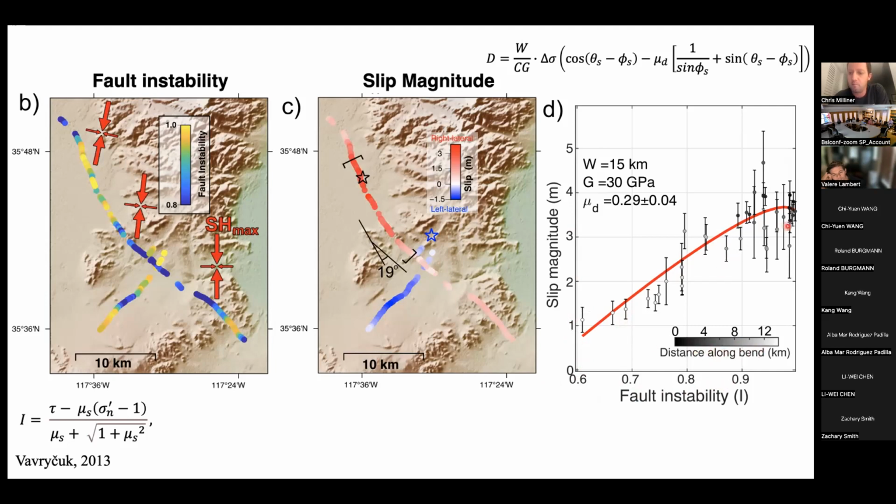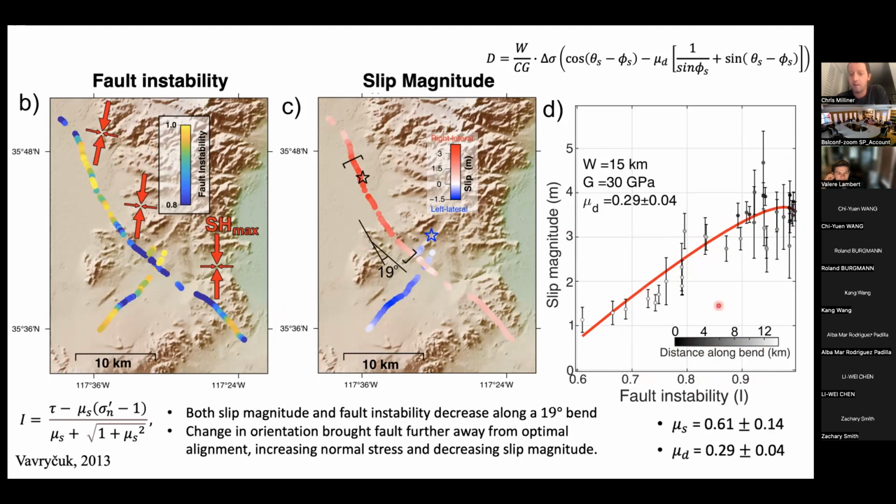So 0 is a point along the northern part of the bend, and as you go along this bend, the colors change, the slip magnitude decreases, and the fault instability decreases because of that increase in the normal stress. So you can see the slip magnitude is decreasing along this bend, and as is the fault instability. And so this red line is showing our best model fit. You come out with a static friction of 0.161 and a dynamic value of 0.29,